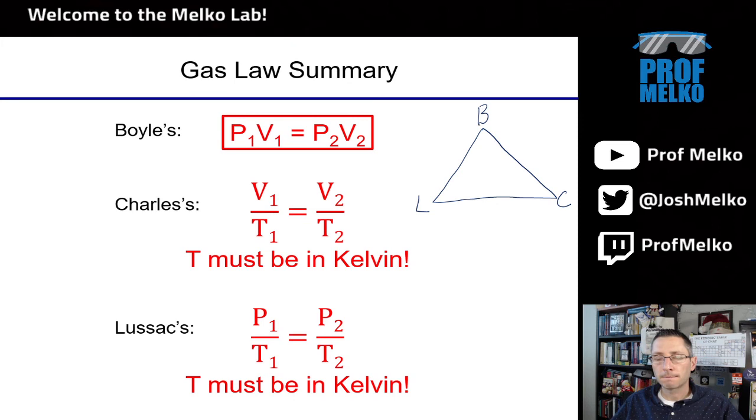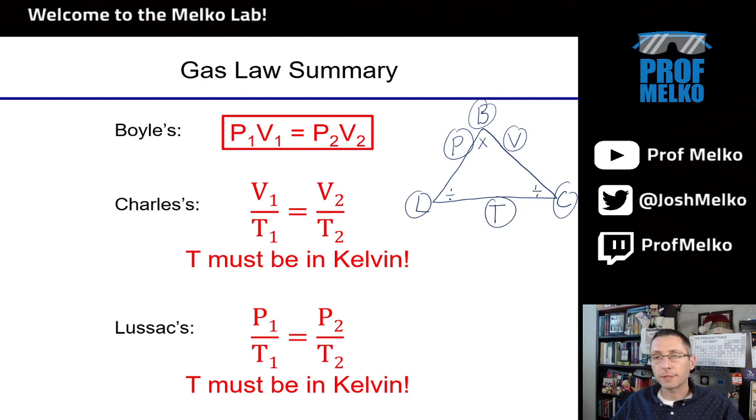Okay? And I put P here, V here, and T here. At this vertex, multiply. At this vertex, divide. At this vertex, divide. And I have this mnemonic. Beyonce visited class today, learned plenty. And Beyonce is at the top of the pyramid because obviously Beyonce is at the top of the pyramid. Beyonce visited class today, learned plenty.